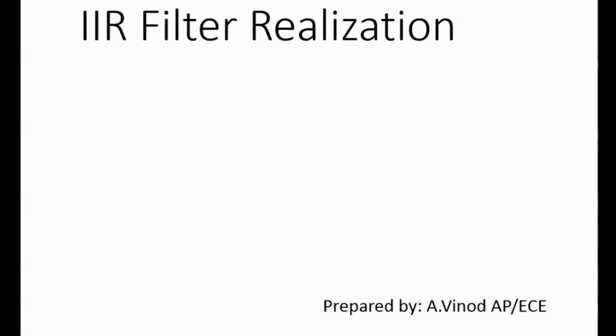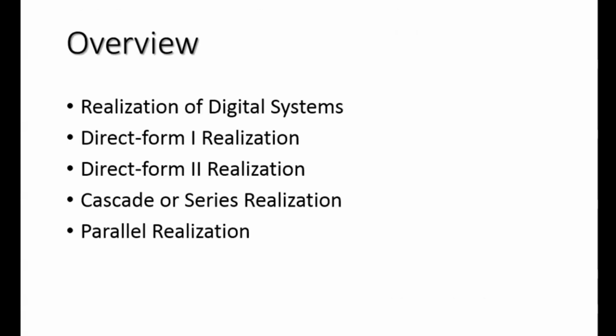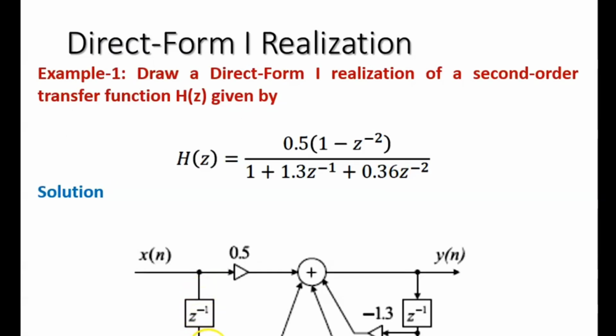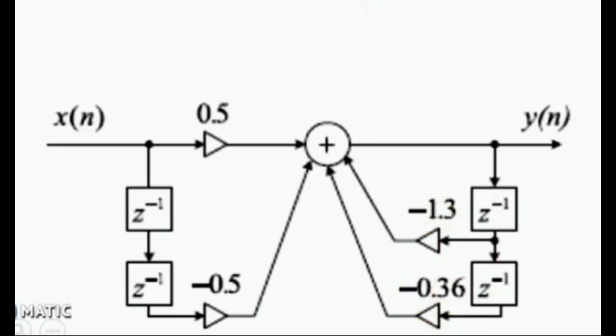In this video, we are going to discuss IIR filter realization using direct form 2. In the previous video, we discussed the types of realization of digital systems, and the direct form 1 realization. If you haven't seen that video, please refer to it. This is the problem which we discussed, for which we obtained the direct form